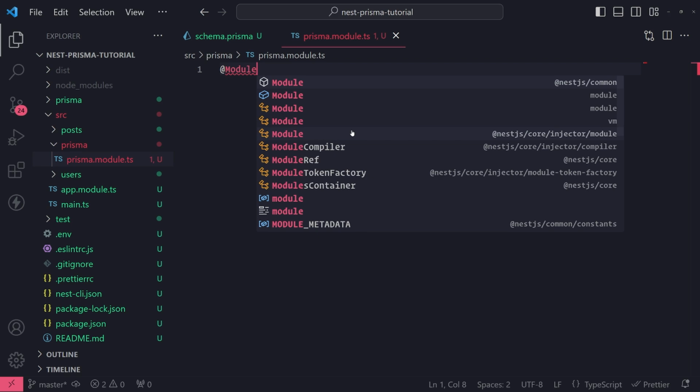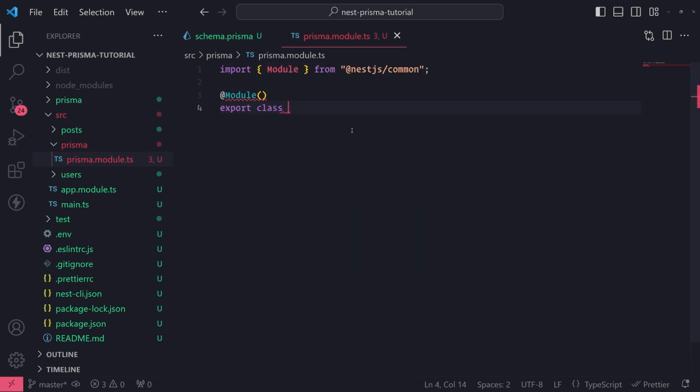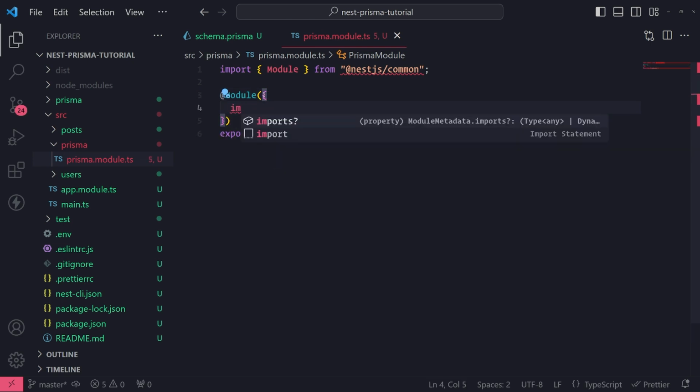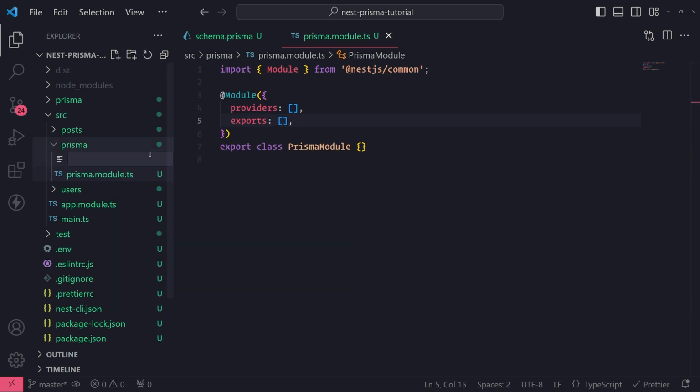So we're going to use the module decorator, and we'll use that to annotate this Prisma module class that I'm creating. And inside the module decorator, we want to pass an object. We don't really have any imports. We really only are going to need providers and exports. So let's go ahead and create another file, and I'll call it